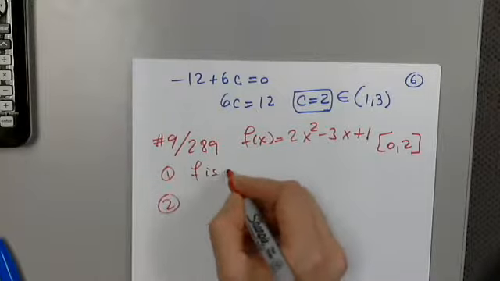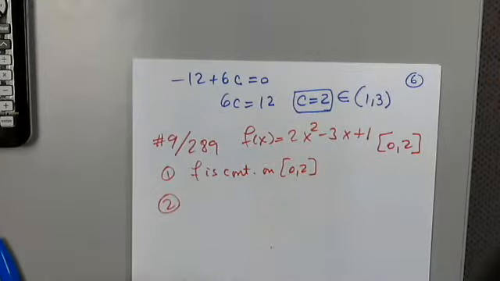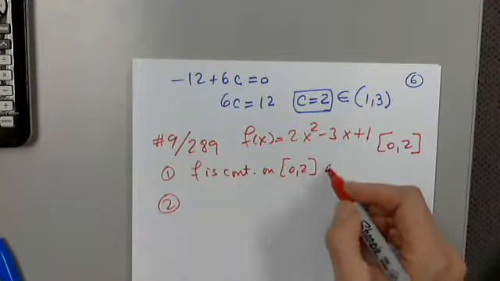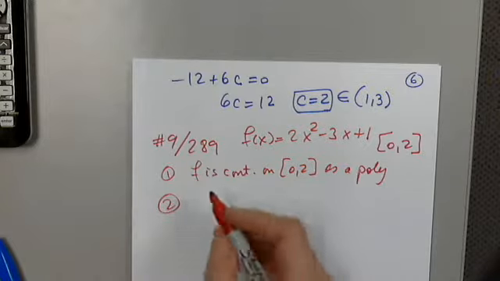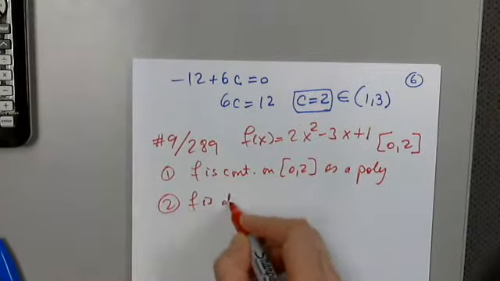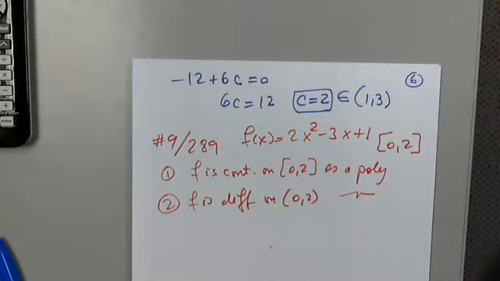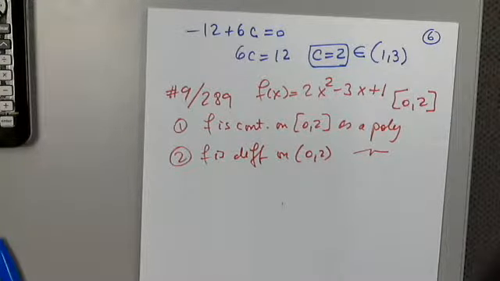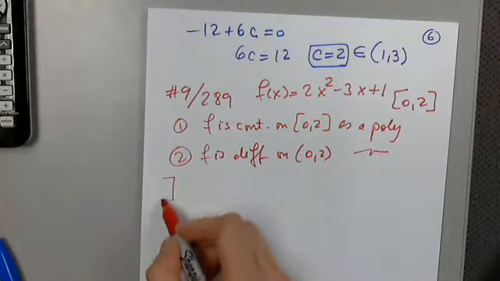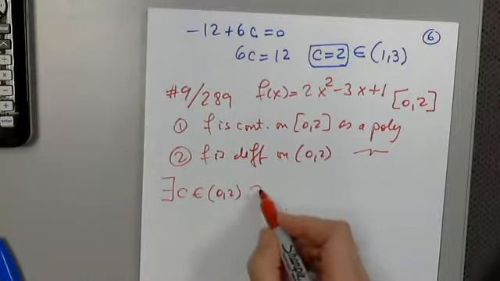So f is continuous on the closed interval [0, 2] as a polynomial function. And then f is differentiable on the open interval (0, 2) for the same reason. If these two hypotheses are fulfilled, then there must be a number c in the open interval (0, 2) such that